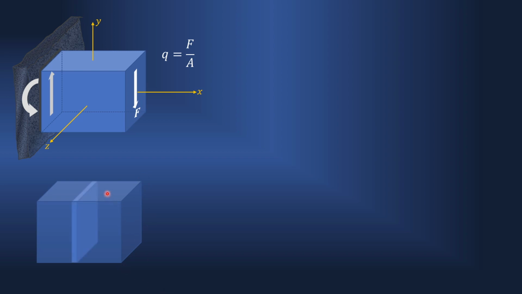In this block, let's consider a layer bounded by x planes. X plane means a plane perpendicular to the x axis. So here is a plane perpendicular to the x axis, and at a distance dx, nearly equal to 0, another plane perpendicular to the x axis. So we have considered an infinitesimally small portion of this block. Say it's a single layer we have considered.